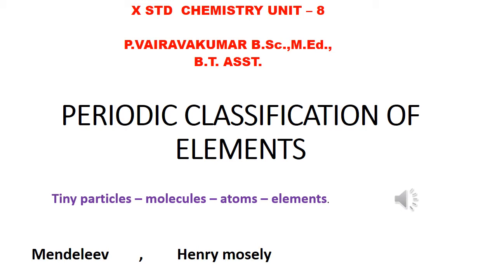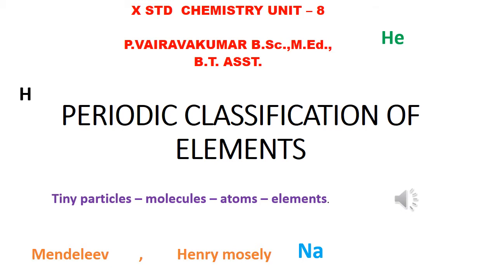Each element has a mass number and an atomic number. So on this basis, the scientists, notably Henry Moseley, tried to arrange the elements in order in a periodic table. At that time, they faced many problems in arranging elements in the modern periodic table.